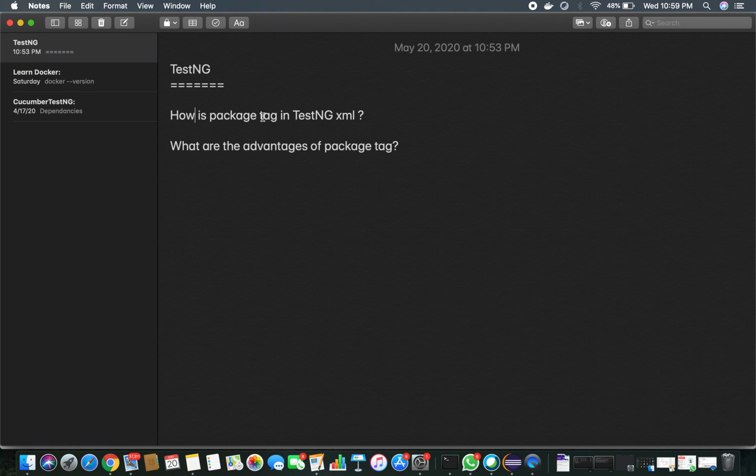If we have to execute multiple classes defined under a package, instead of defining each and every class under the classes tag, you can provide a package, and all the classes and all the test methods inside the classes will execute with the package name. Let's see how you can define a package and the advantages.